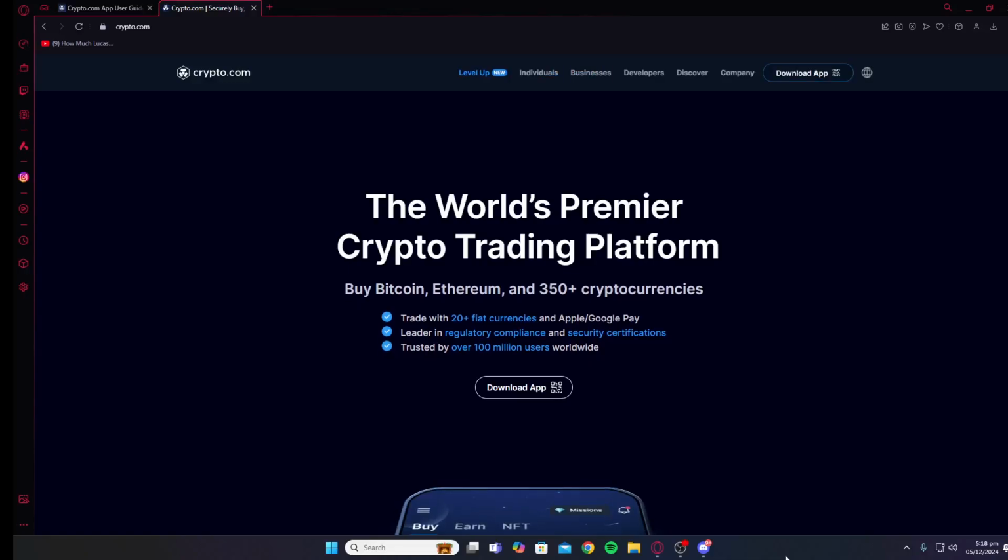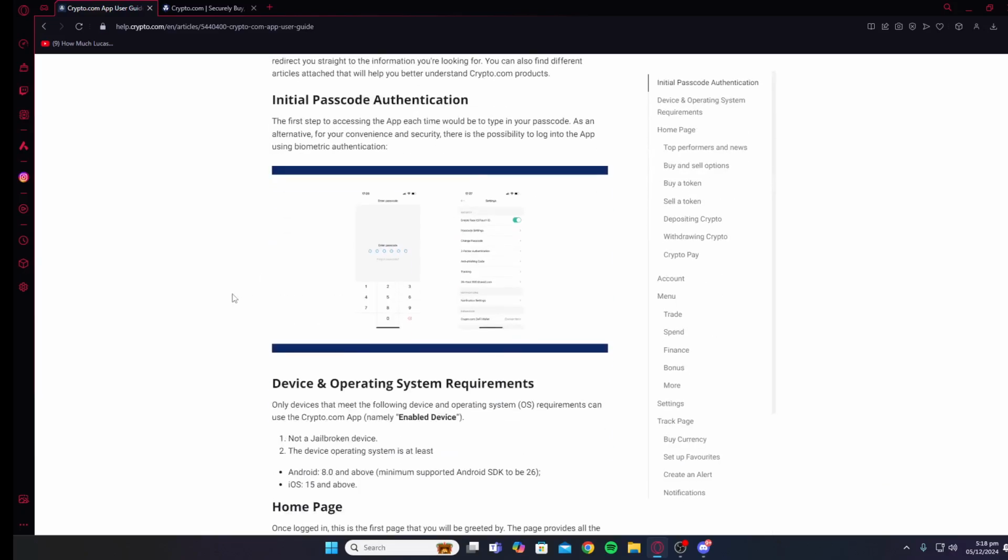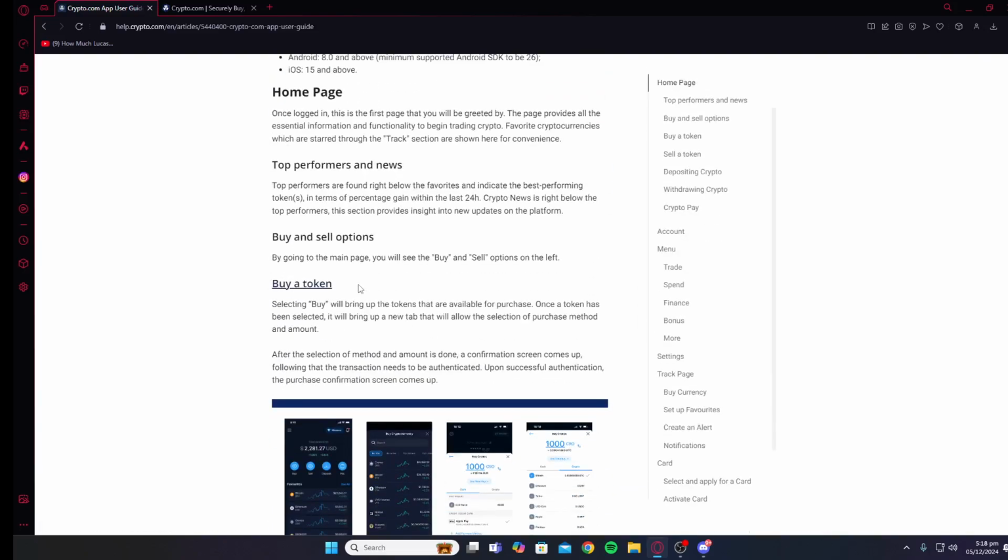In today's video, I'll be telling you how you can use crypto.com currency exchange. So first of all, you're gonna go onto this website and you're gonna click on download app. You're gonna scan this QR code with your mobile phone. Once you have downloaded the app, you're gonna put in your initial passcode authentication, and then what you need to